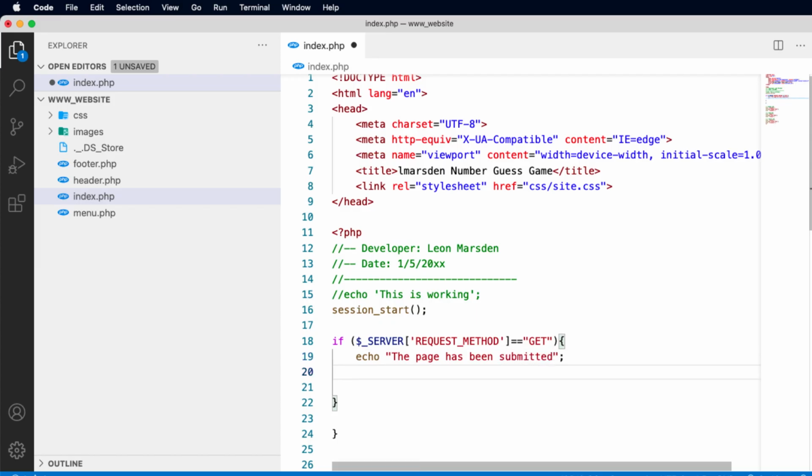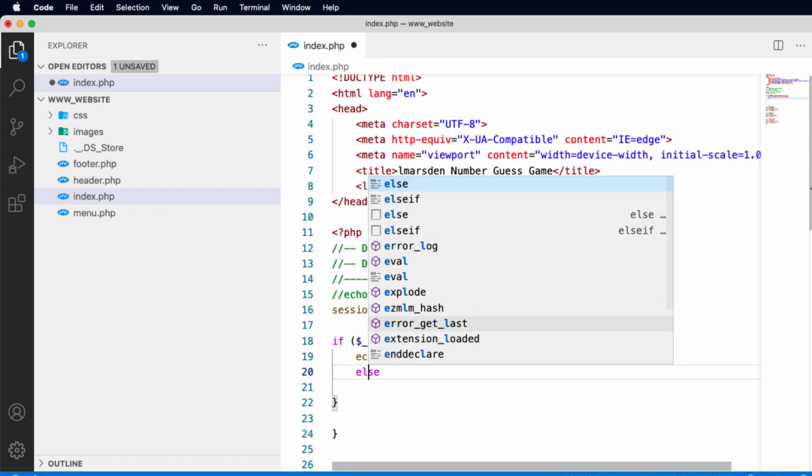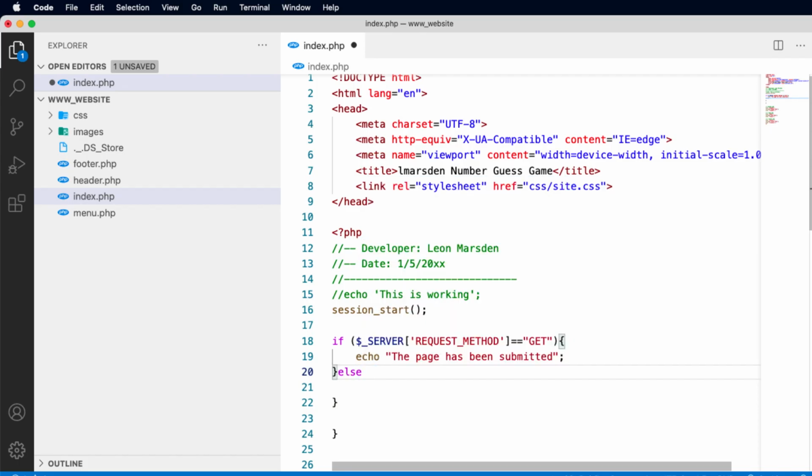Otherwise, we can have an else clause. And to use the else clause, we're going to close the then part, and then we can go else, open up the else part, and then we can put echo, no selection has been made,